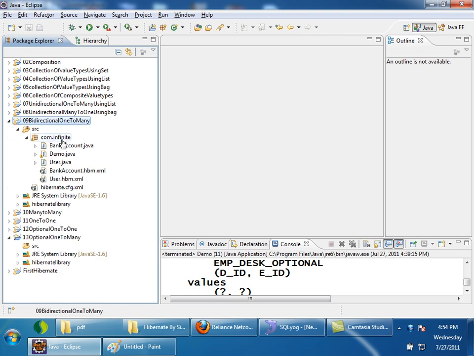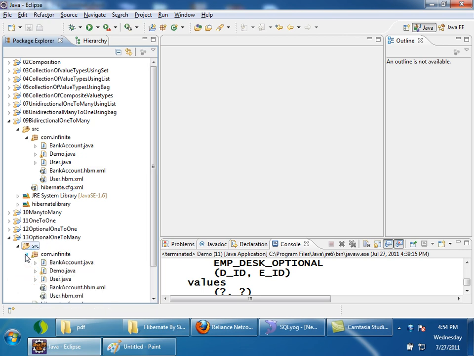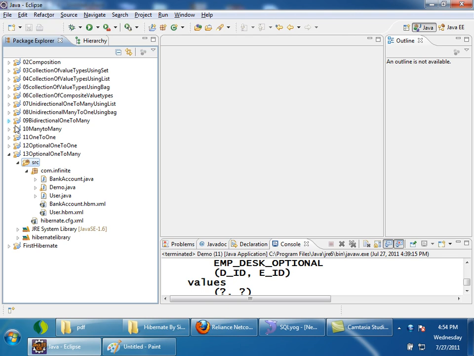I'll copy whatever is from bidirectional one-to-many to this one. Okay, and also I'll configure cfg.xml. After copying, see here,